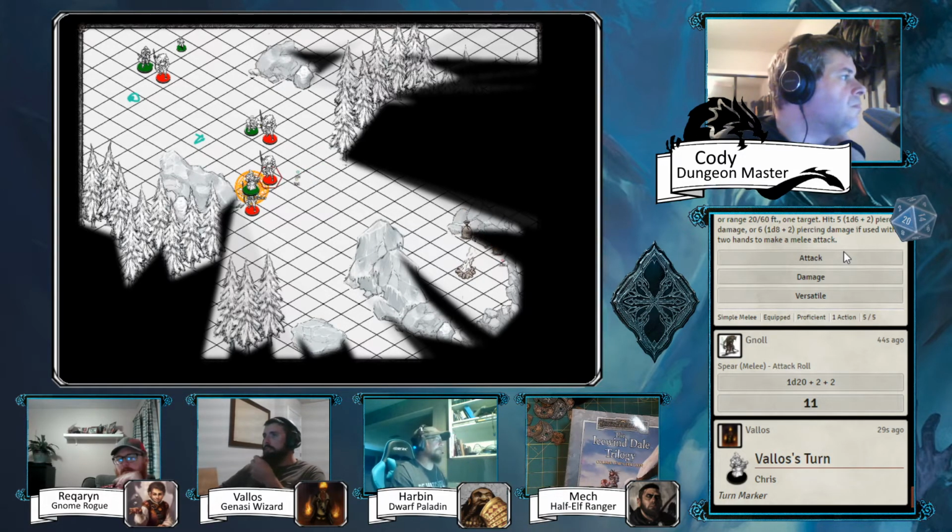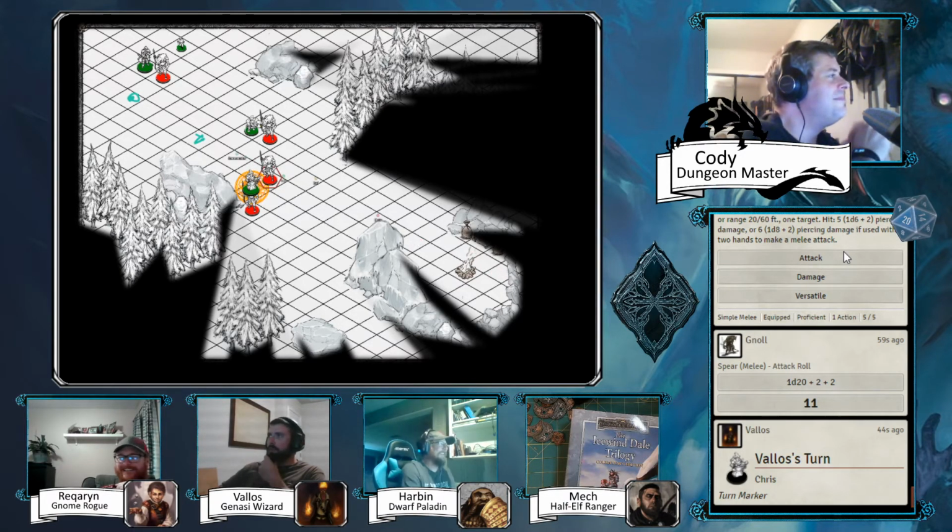Yeah, I'm trying to think of what kind of cool way to kill him. That's all. Well, you could catapult that head at him. I could, yeah, but I think I'm going to do...